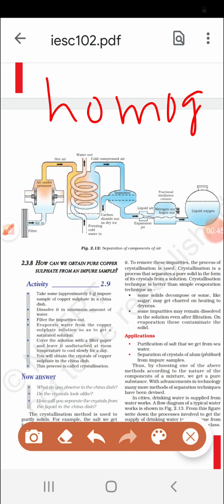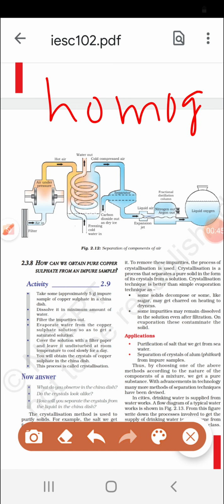When it is compressed at high pressure and then cooled, it is allowed to move quickly into a chamber through a jet. This expansion cools the air even more. Now the process of compression, cooling and rapid expansion of air is repeated again and again. This makes the air more and more cool, so the air gets so cool that it turns into a liquid.